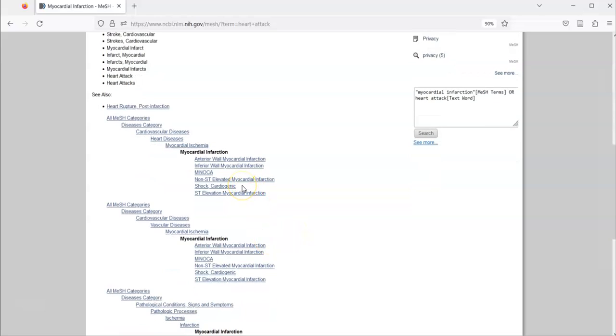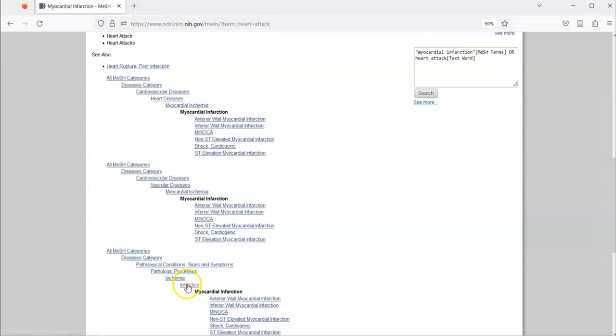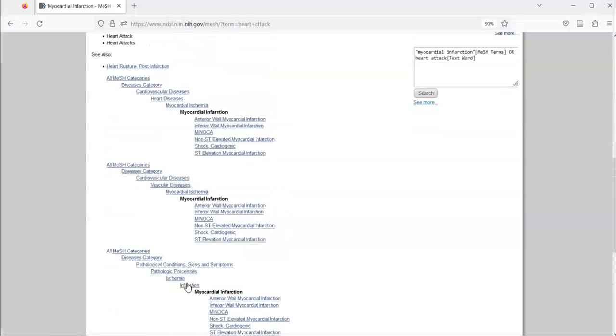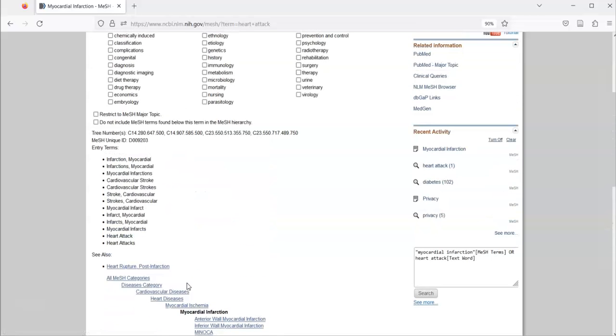You could say, actually, I want to focus on perhaps this ST elevation myocardial infarction. You could click on that instead. Sometimes it's in more than one tree, so there's more than one place that it falls, but sometimes there's only one. It'll vary. So if we scroll back up,